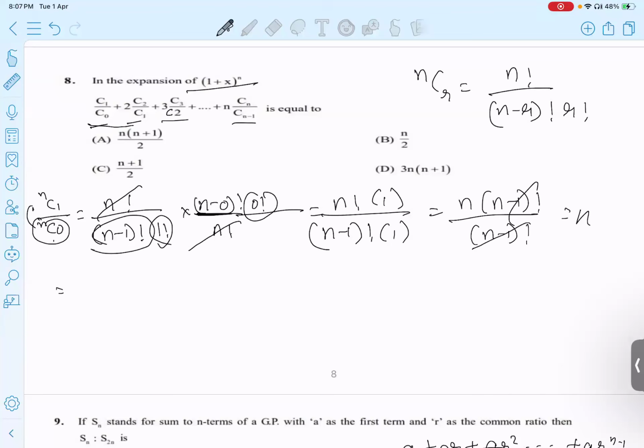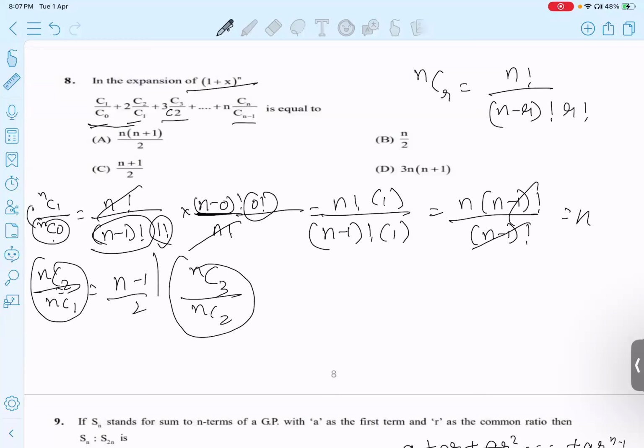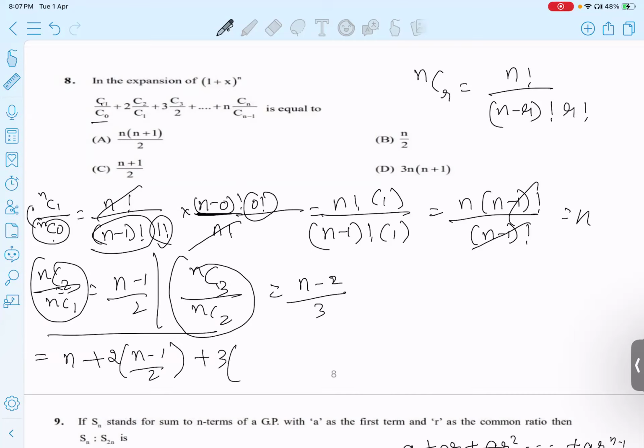So similarly, if you simplify what is nC2 by nC1, you will get n minus 1 by 2. Similarly, nC3 by nC2, these are all the standard identities, students. You have to remember. nC3 by nC2 will be n minus 2 divided by 3. So on substituting the respective values for nC1 by nC0 and the rest, we will finally get n plus 2 times n minus 1 by 2, 3 times n minus 2 by 3, continues till